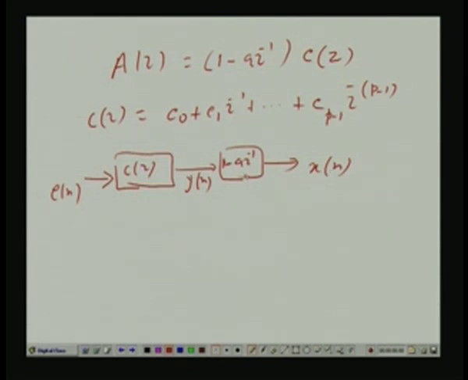If you see this differential equation, this transfer function 1 minus q z inverse means, in time domain, y[n] minus q y[n minus 1]. So, x[n] is equal to y[n] minus q times y[n minus 1], since z inverse amounts to a delay operation by one cycle. Now, we know